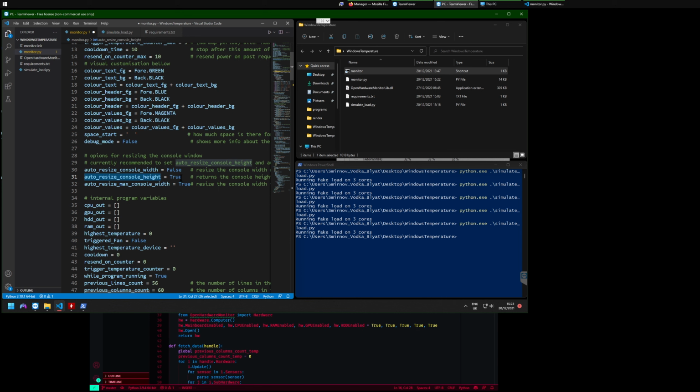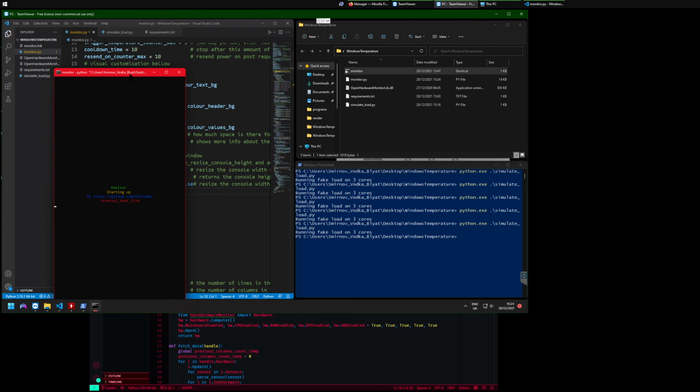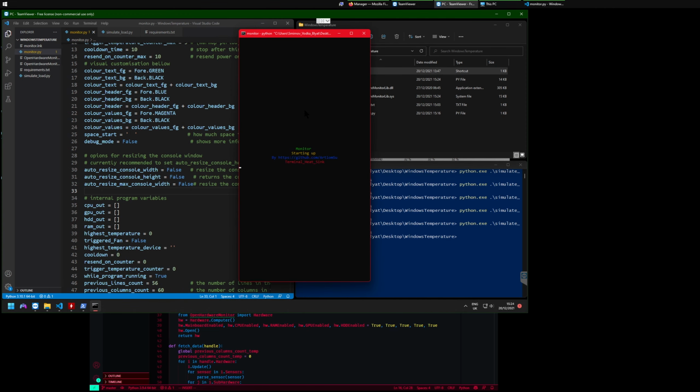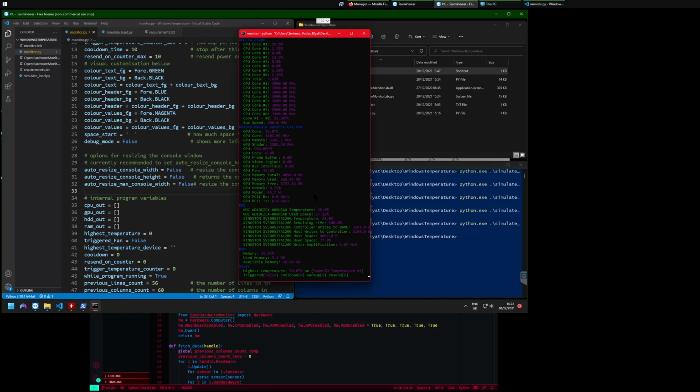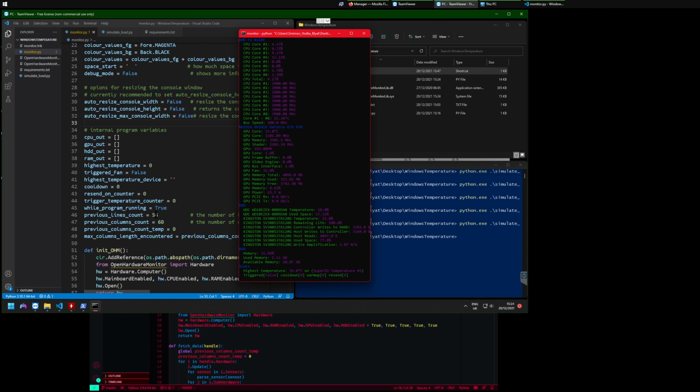If you don't want that, you could just set false for both of these, and it won't resize automatically. Oh yeah, because by default